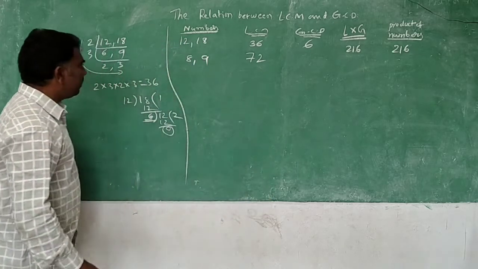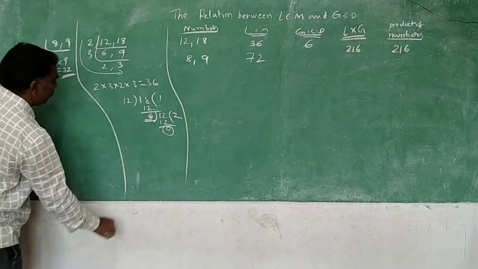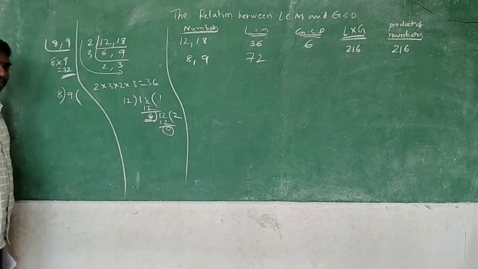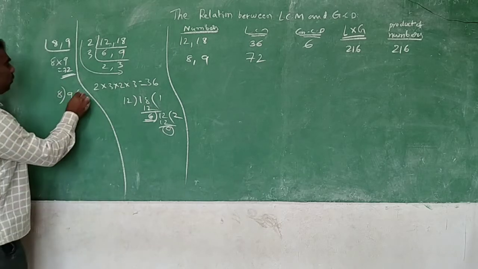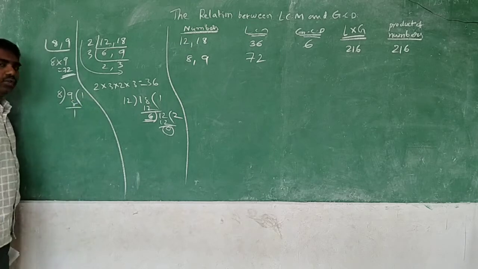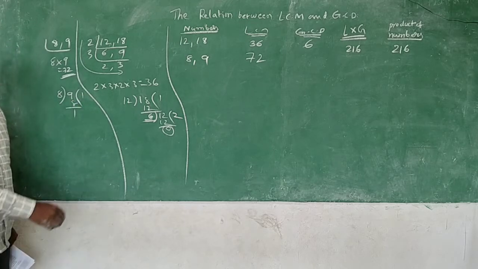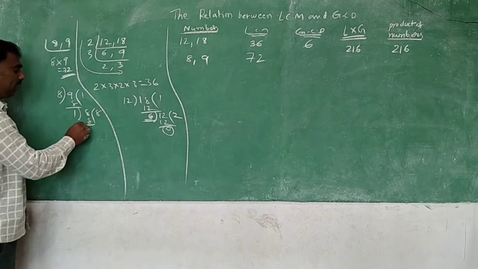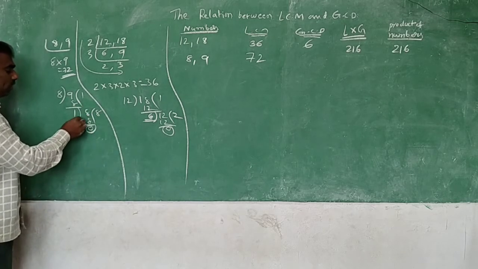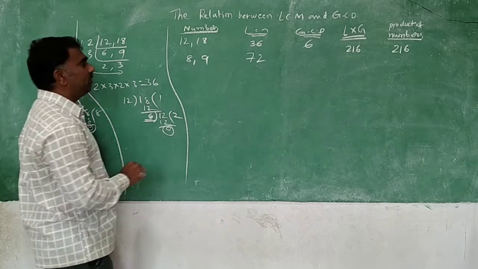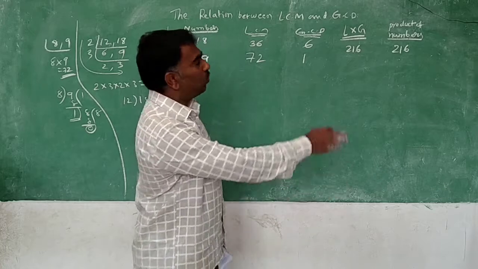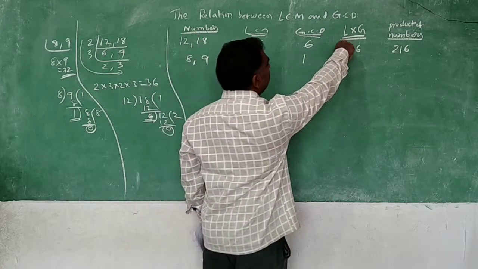Okay, what about the GCD? You know the GCD method. What will you do? You will divide like this. 8 1s are 8, 1 is left. The remainder is not 0, so I will continue the division again. 1 8s are 8. So when I got 0, the GCD is 1. Then what I said to you, continue with LCM into GCD.